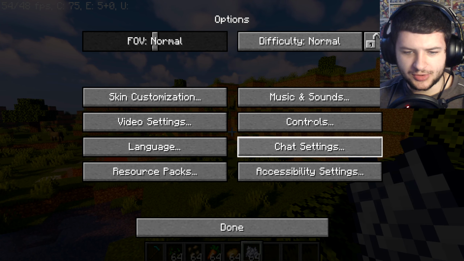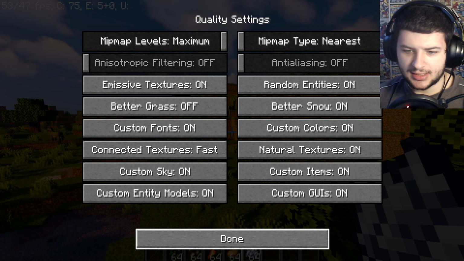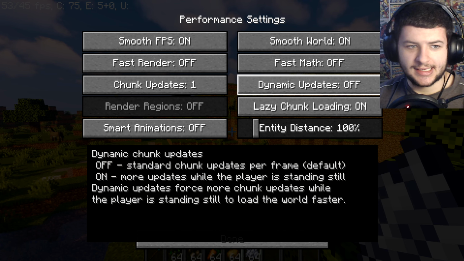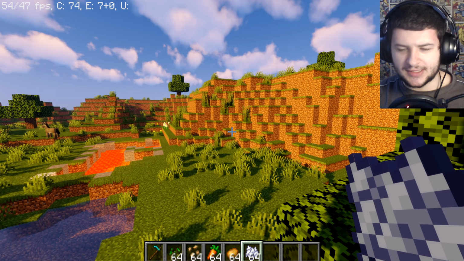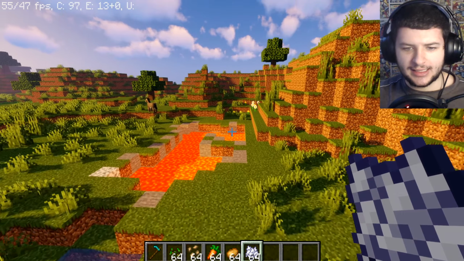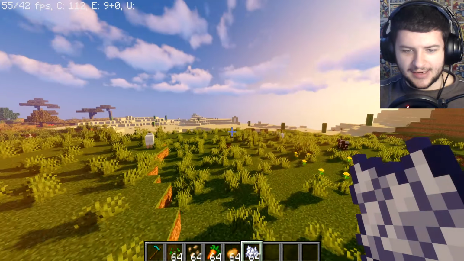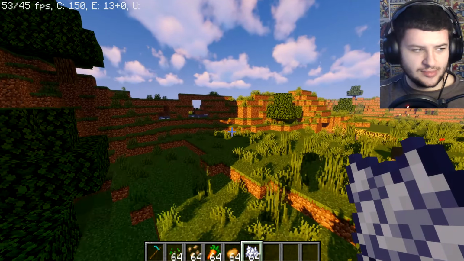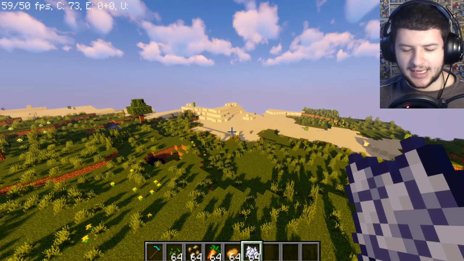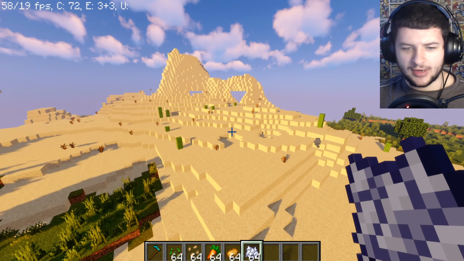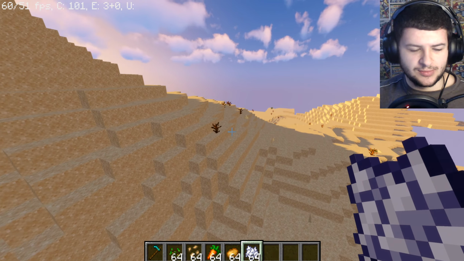So if we go into the options and then go to video settings and we go into quality and we go into performance, there is something here called smooth FPS. You want to make sure this is turned on, because if it's not turned on, it will make everything lag really badly. I've just found this feature just now and I've turned it on, and everything's running so smoothly. The frame rate is around a constant 60, which is really nice. This just kind of caps off your frame rate at an even rate. I'm pretty sure it just does the same as VSync, but everything's running really smoothly